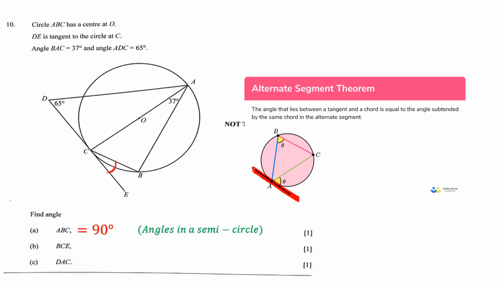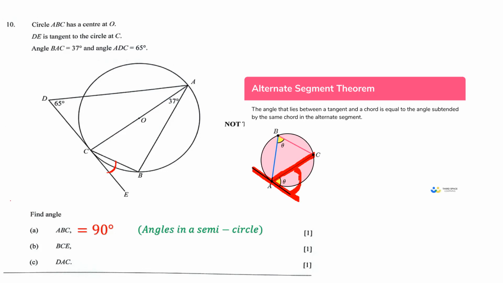They're saying the angle between the tangent and the chord. This is the chord of the circle. It's the chord because it's a line segment that stretches across, end to end of the circumference of the circle. So it touches one end of the circumference and touches the other end of the circumference. That's the chord. So they're saying the angle formed, this angle right there, theta,